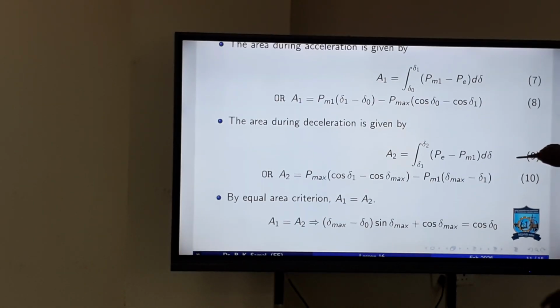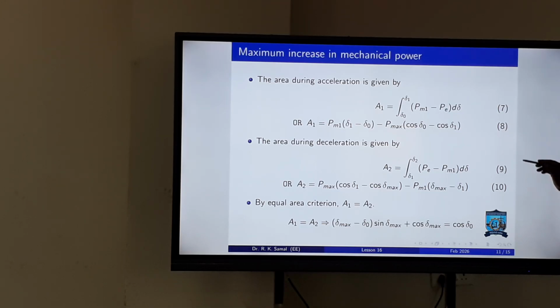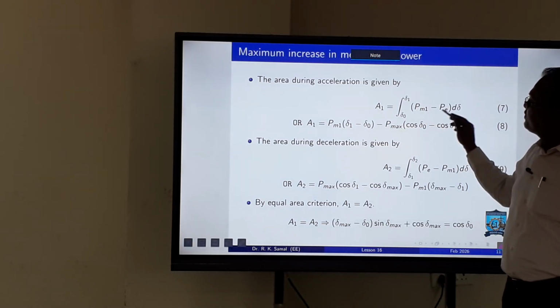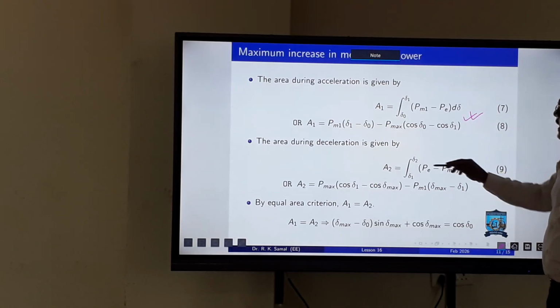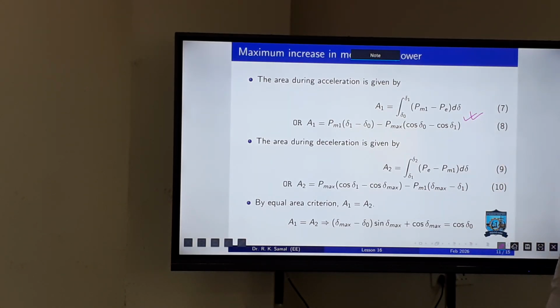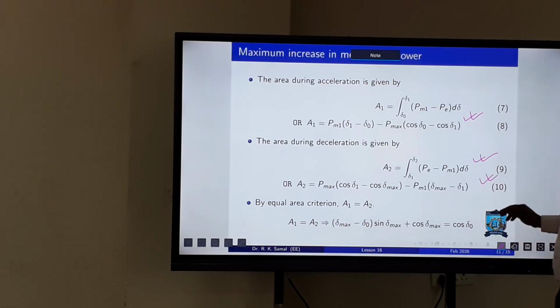Now we will compute the area. So what was the area? That time I told you to calculate. See, this is the answer. A1 is equal to the integral from delta 0 to delta 1 of (PA1 minus PE) d delta, which you can write in this form. Similarly, A2 is equal to the integral of (PE minus PM), because after that point it decelerates: the electrical output becomes more, and the mechanical input becomes less. That was never our operating point. So it reduces, it decelerates. For that case, the area is this. For the equal area criterion,